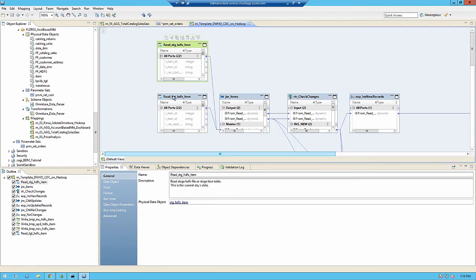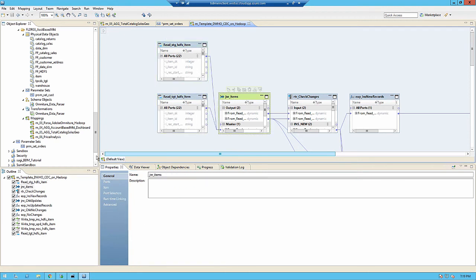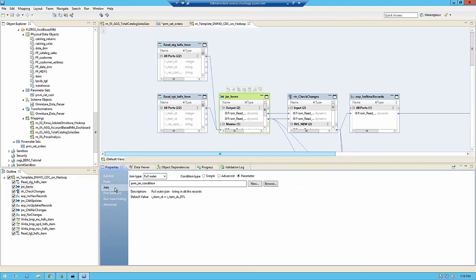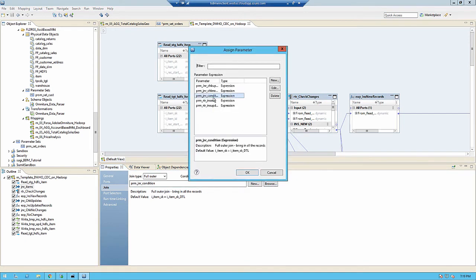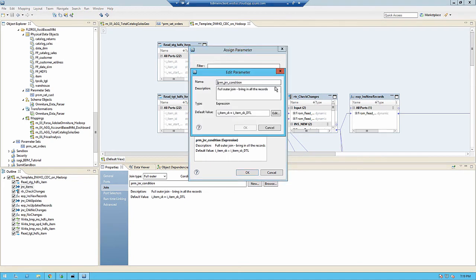Today's data and yesterday's data, and I do a join. I look at my join, and it's a full outer join. Why do we do a full outer join? Because I want to bring all of the records in. I want to match all of the records. I set up my condition. I can say, okay, this is what my condition will look like, and I'm going to join on these two